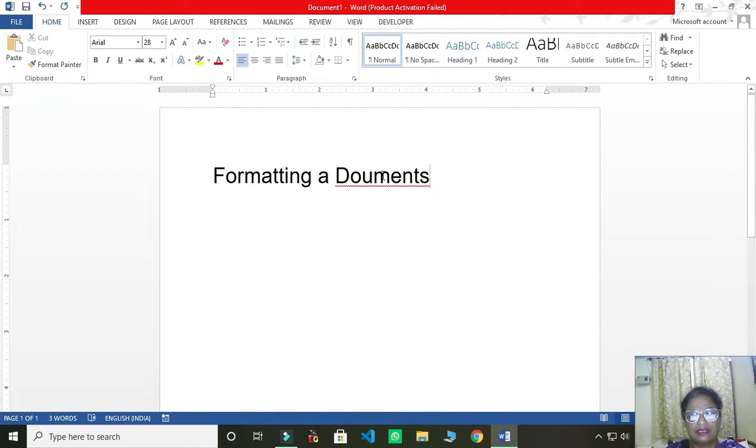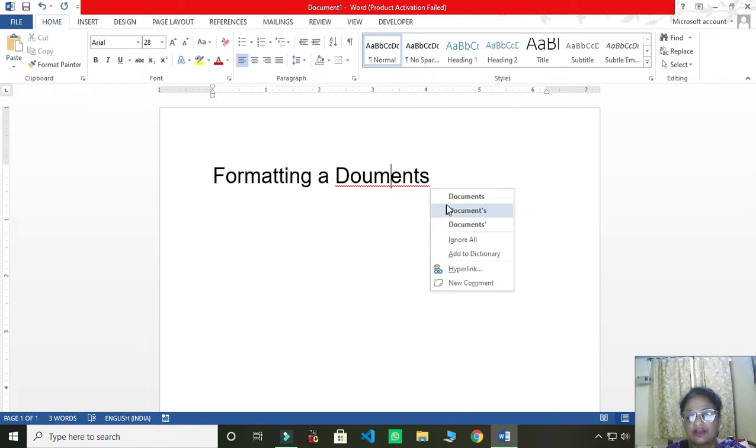Okay, so children, as you see, the spelling is coming with a red underline. It shows that this spelling has some mistake. As I told you how to correct it, just click on your word and right click your mouse button, and then a pop-up window will appear.